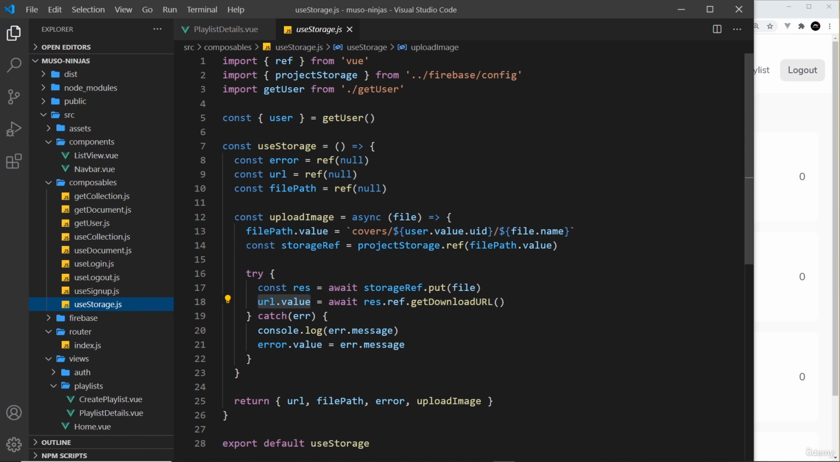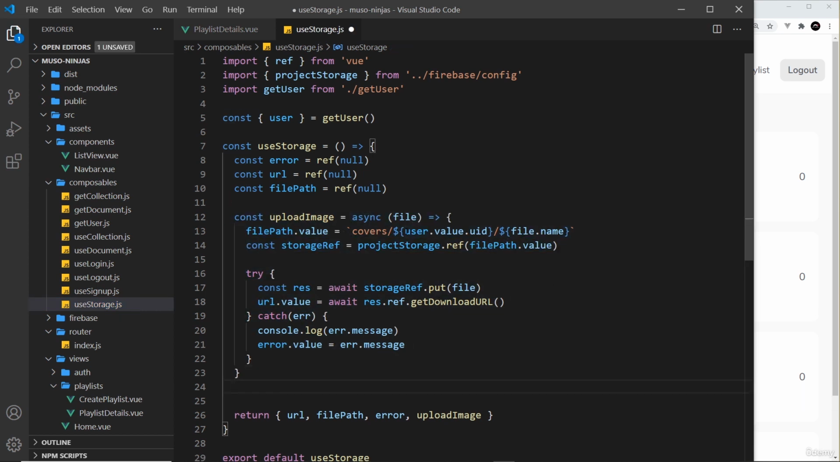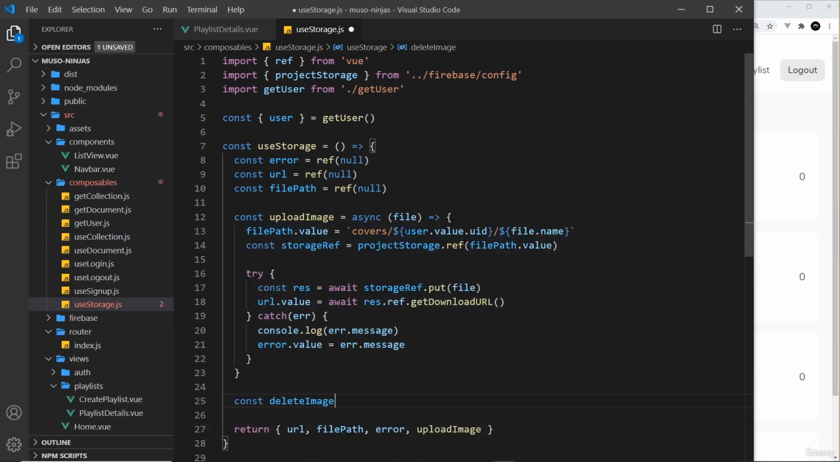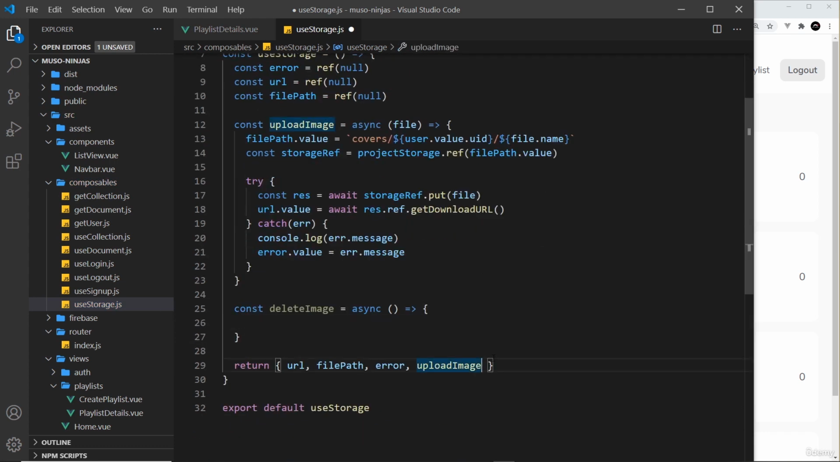So to do this, we're going to begin by going to our use storage composable, and we're going to create a function here to delete an image. So much like we have an upload image function, we're going to also create one to delete an image. So let's create that const, delete image, like so. We set it equal to an async function, and then inside is where we want to delete the image. Now we're also going to return it at the end, so delete image, so that we can use it in